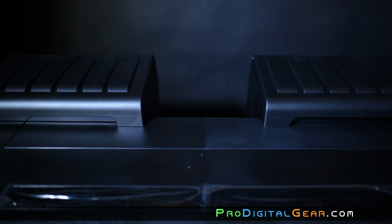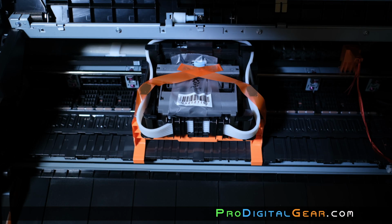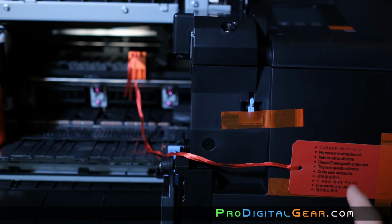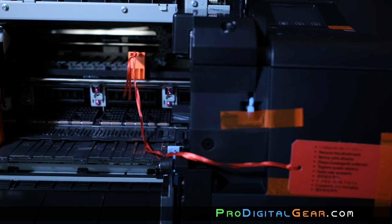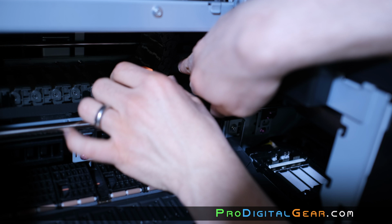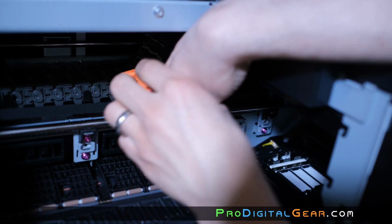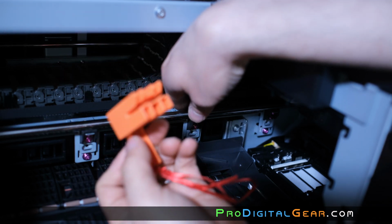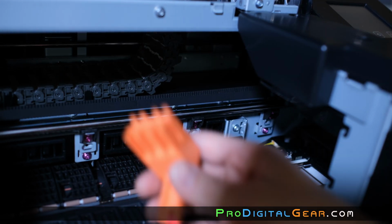Now if you open up the printer cover, you could see that there's tape around the print head. And this is something you need to be really careful of. There's actually a ribbon tied to a note on the front of the printer. The ribbon goes to a plastic stop that's on the drive belt for the print head. Carefully remove that. Make sure that when you're pulling off the orange tape that you don't just rip that ribbon